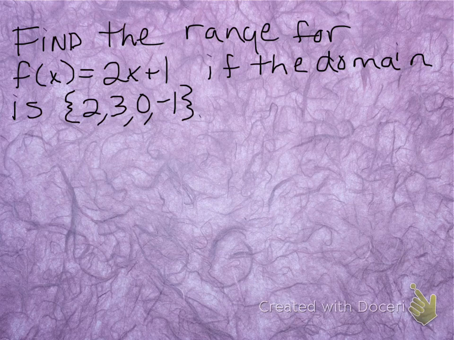Alright, and finally we want to find the range for 2x plus 1 if the domain is 2, 3, 0, -1. Now this f of x is just a fancy way of saying that it's a function 2x plus 1, and that you can input stuff into that function for x right here. Okay, once again the domain is our x values. So what we're going to do is basically just replace x in the function and see what we come up with. So you have 2x plus 1